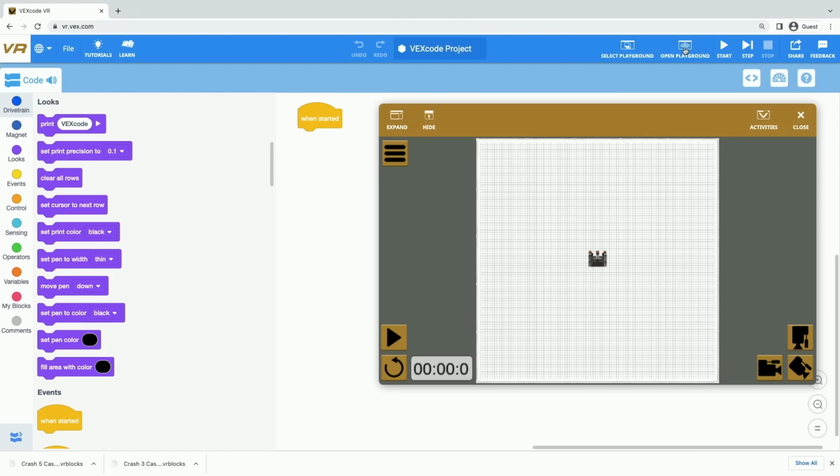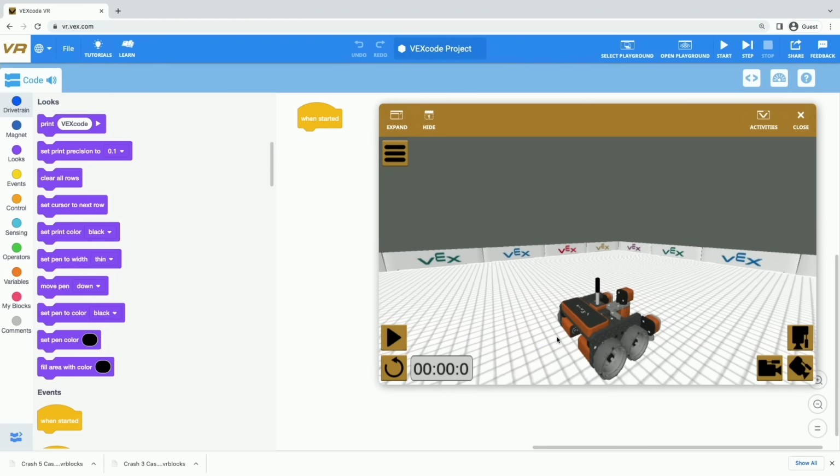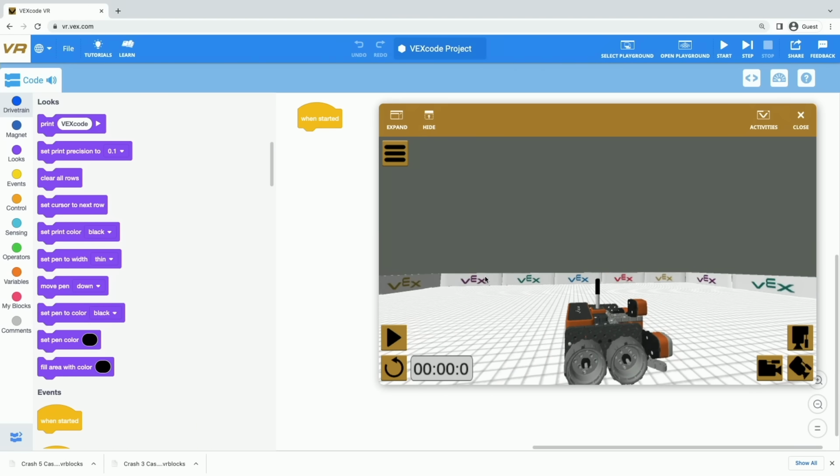All right. So as you can see here, we pretty much have what looks like a blank piece of paper, and we're going to code the robot to draw on it. Now, just in case you didn't notice this before, let's take a look at the robot from a side view so you can actually see the VR pen. So there's the robot pen right there in the middle of the robot, and that is what we're going to be using to draw on the Art Canvas playground.